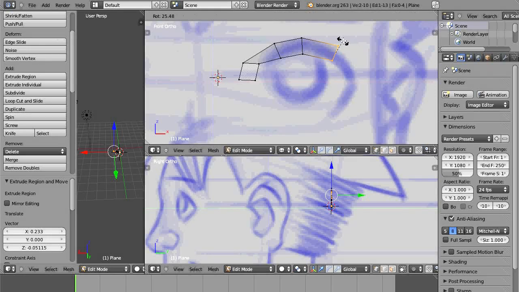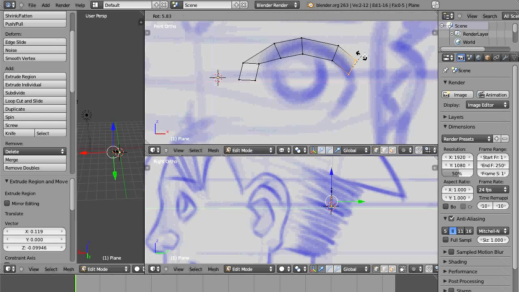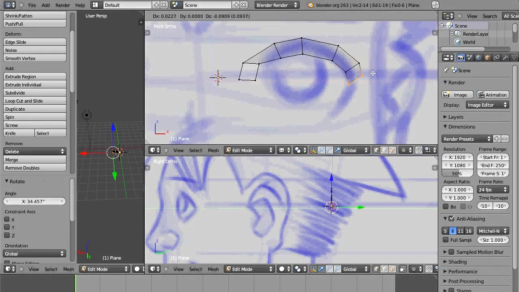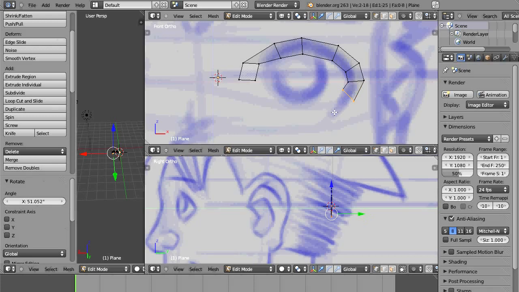or rotate, extrude, or rotate, extrude, or rotate, extrude, oops, reselect that, or rotate, extrude,